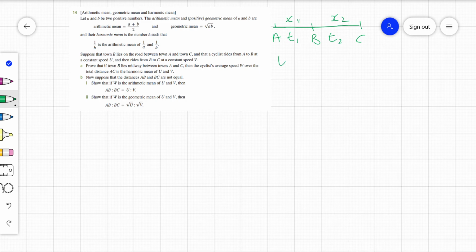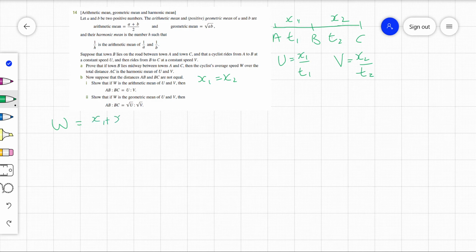So u is the speed between A and B, and v is the constant speed between B and C. Now, the first thing we're going to talk about is to prove that if x1 equals x2, so B lies exactly in the middle, then the cyclist's average speed W over the total distance AC is the harmonic mean. All right, so when we're talking about W, the average speed, we're saying speed equals distance